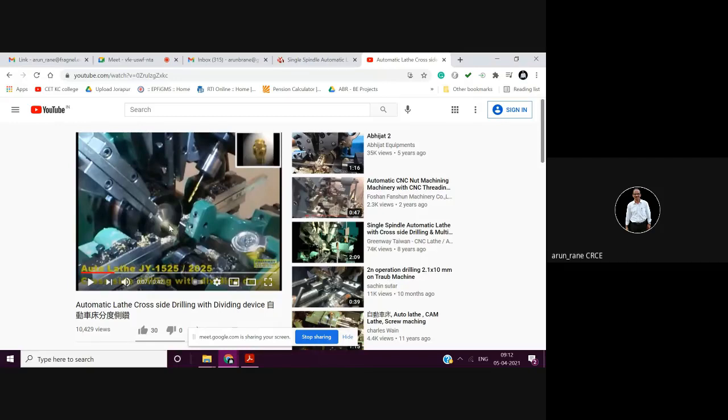Now it is not necessary that it should be round. It can be square. It can be hexagon. So if you have to machine hexagon bar, then you have to use hexagonal collet. Square bar के लिए you have to use square collet. So this is your front vertical slide. This is your rear vertical slide. This is your front cross slide. This is your rear cross slide, and this is the special purpose automatic lathe.